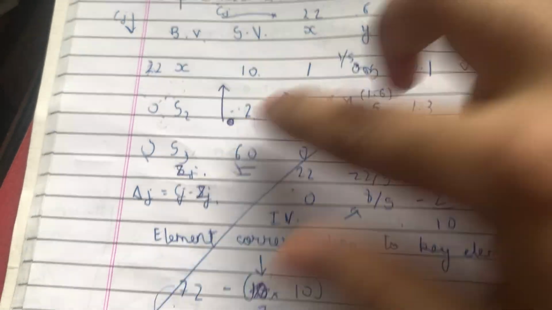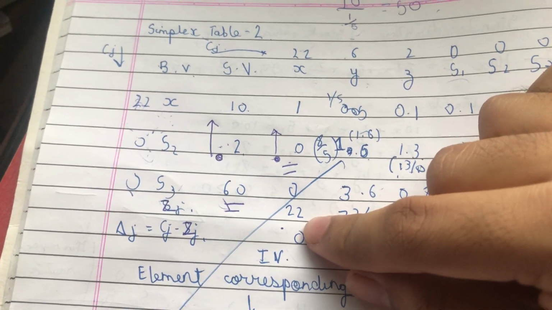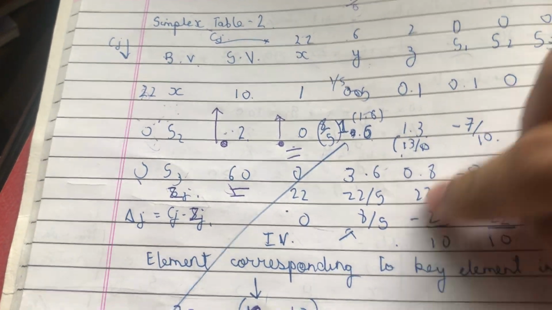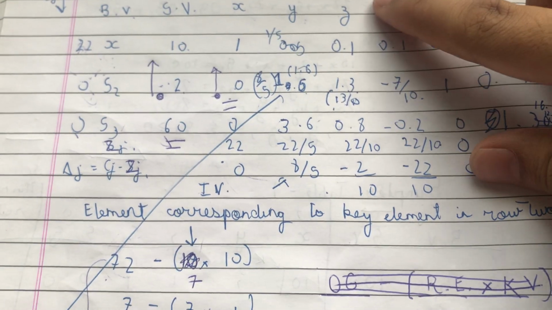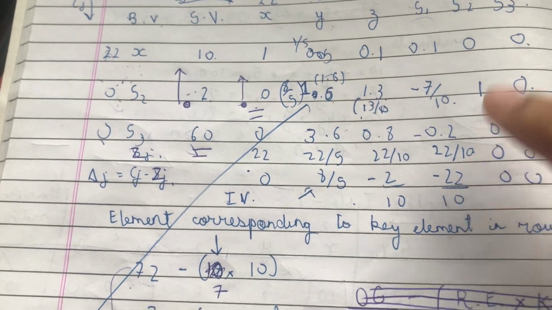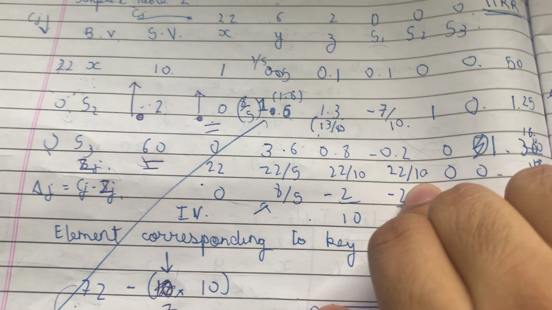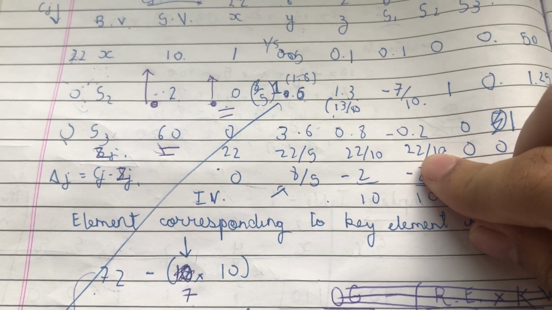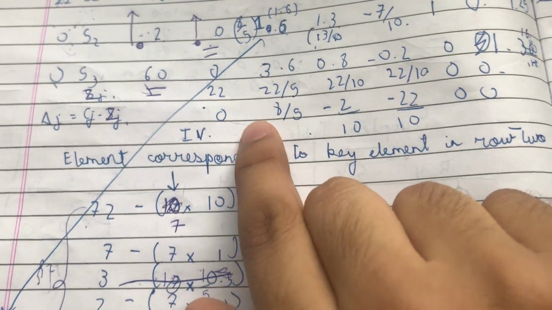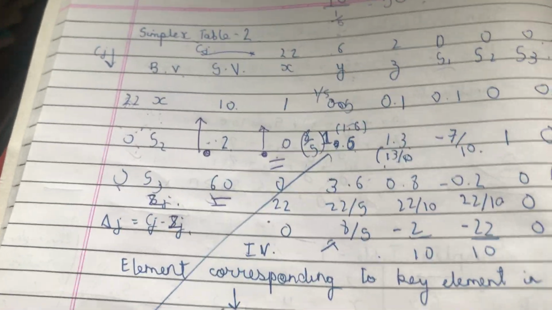So now we have delta J. Cj minus Zj. Cj is 22, minus 22, 0. 6 minus 22 divided by 5, 8 by 5. I calculated this. 2 minus 22 divided by 10, sorry, 2 minus 22 by 10, 2 minus 22 by 10, 0 minus 22 by 10. समझा ये, you subtract it's the same and then you get, now this is positive, rest all are negative, but this is positive, so still our solution is not optimal.